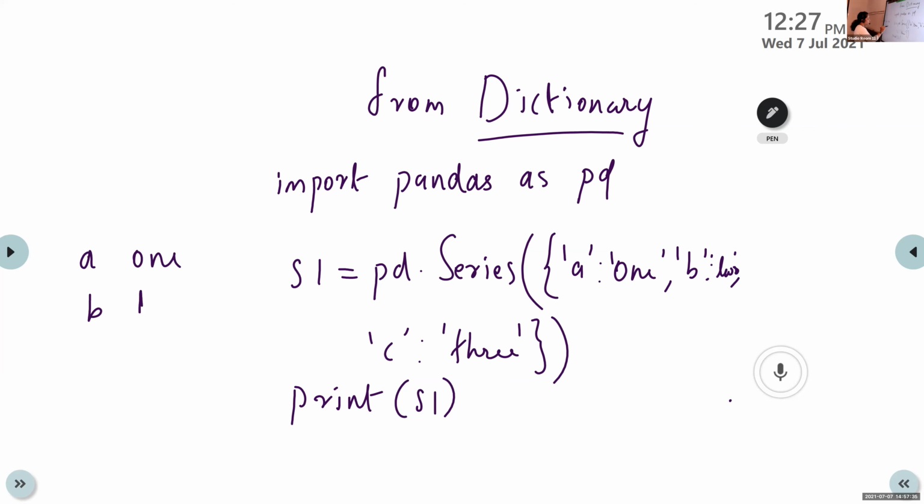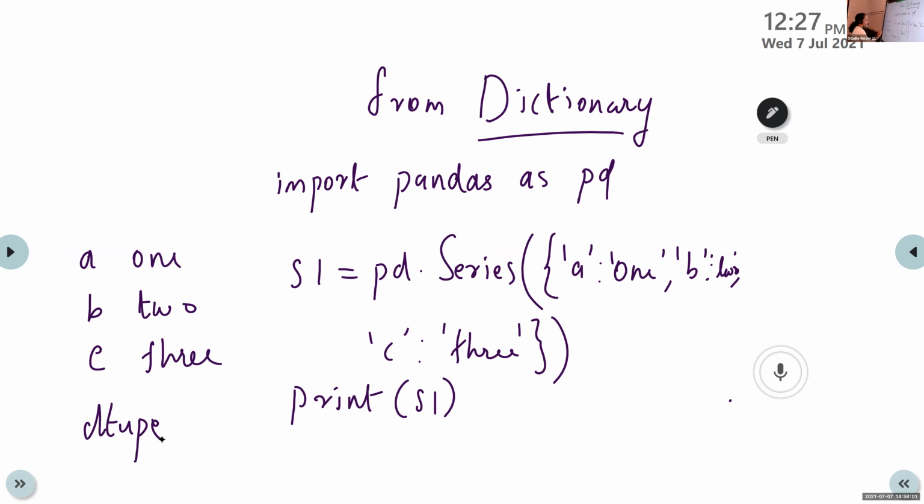B2, C3. Okay. Then, is any more line there for the output section? D type. Yes, correct, D type.